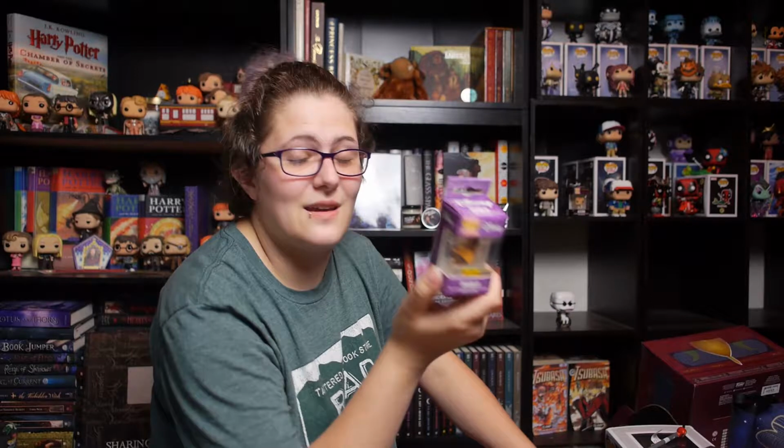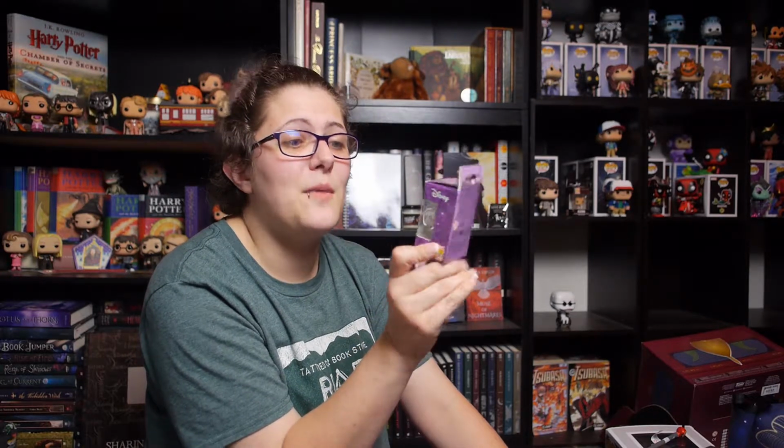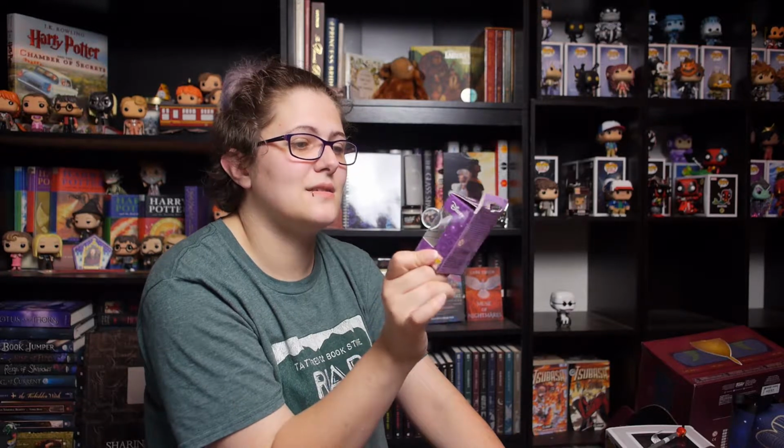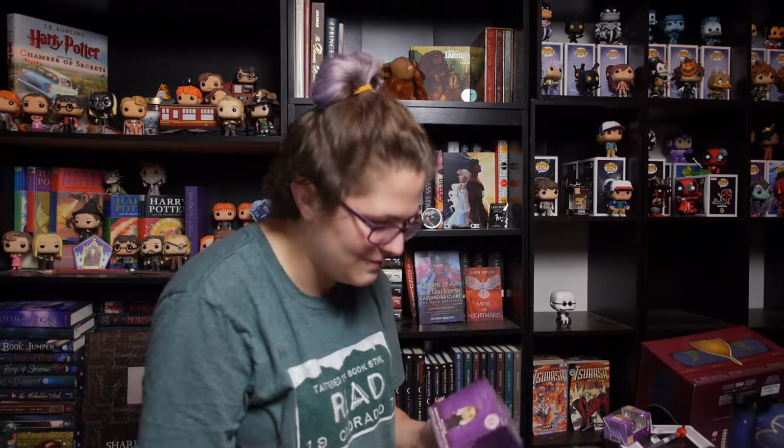And then I have, oh, speaking of Maleficent, this is a Funko Pop keychain, a Hot Topic exclusive. And this is Diablo, which I believe is Maleficent's bird. This looks like Maleficent's bird. So this is really cool. I'm actually totally going to put this on my keychain because Maleficent, she's my favorite. All right, and then I have a Villains vinyl figure, mystery mini,